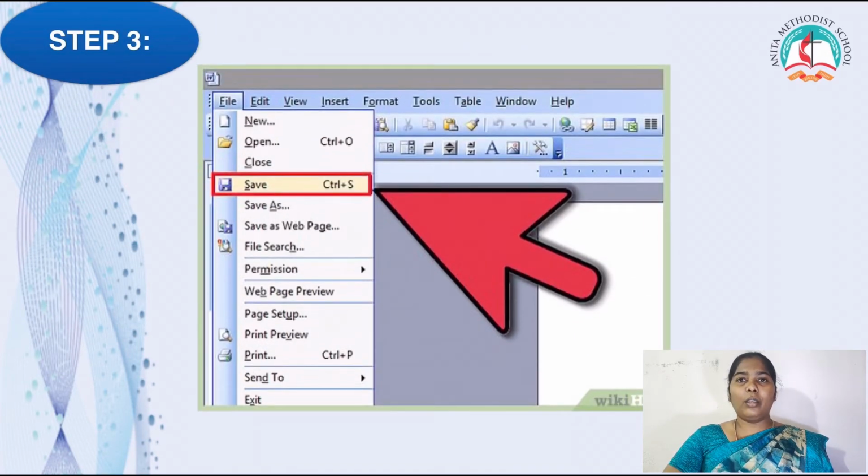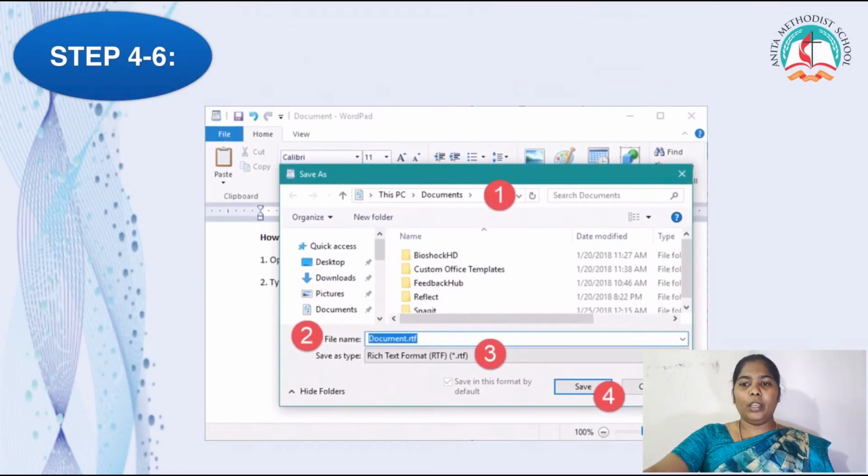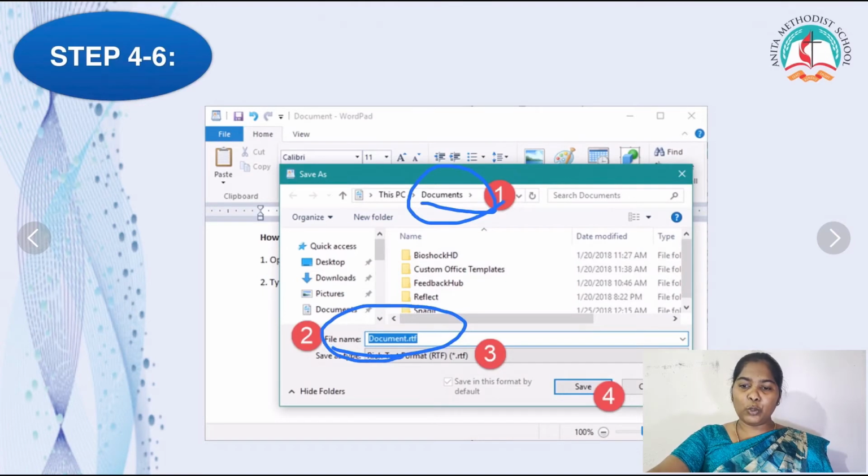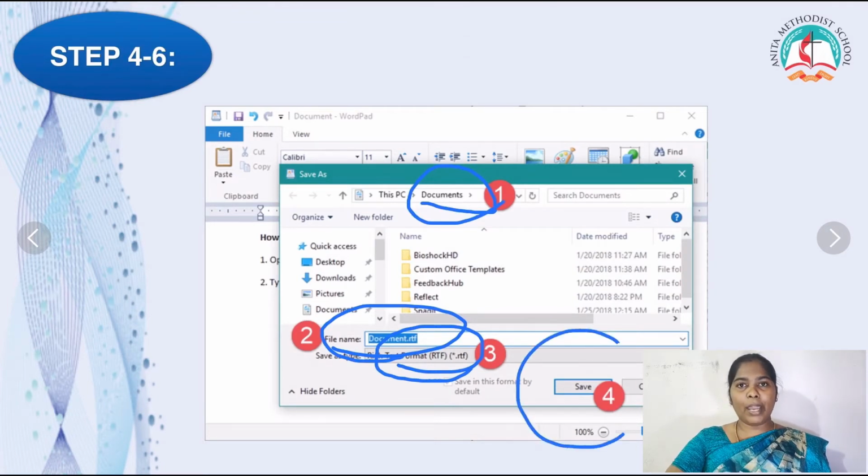If you want to use a shortcut key, you have to say Ctrl plus S. Ctrl plus S is used to save your particular file. Okay, the next step, step 4. Under the document where you are going to create a file, select the document. Then type the file name. And then here you have to choose the file type, which type of file you are going to save, and then click on Save. So automatically the file has been saved into that particular folder.